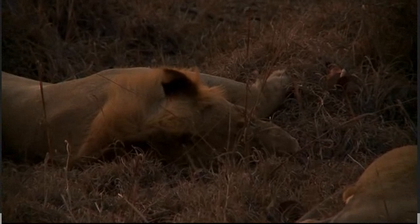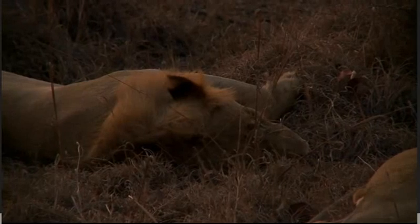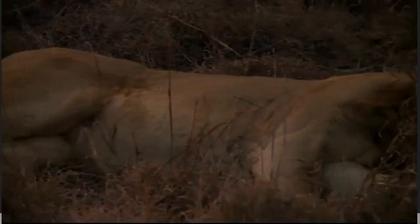Today's been such a fantastic day. It's been one of those afternoons that's allowed Jamie to stay at a waterhole and watch the procession of animals coming down to the water, and for myself to be either with the lions or also parading around the area that these lions are in. And Joyce